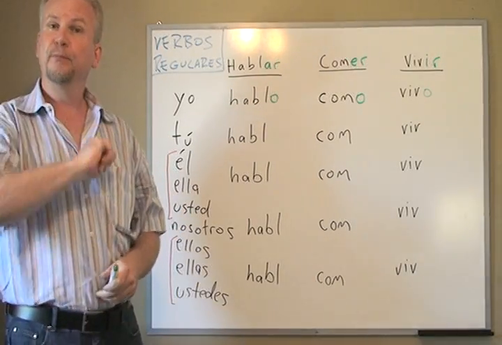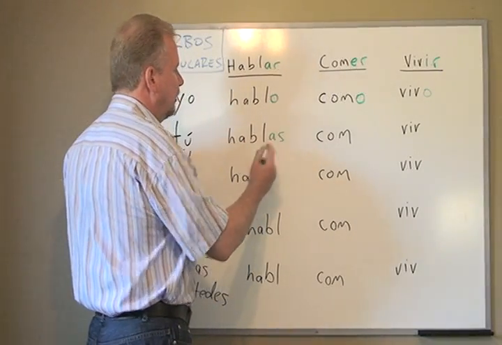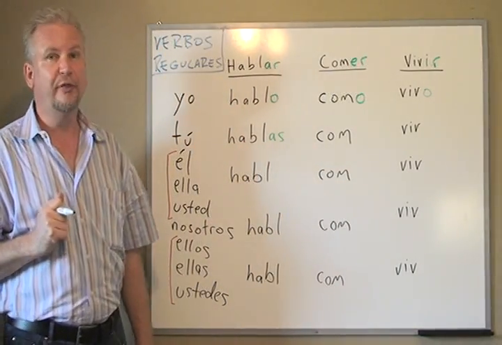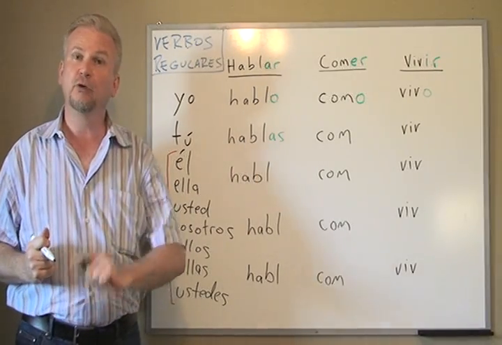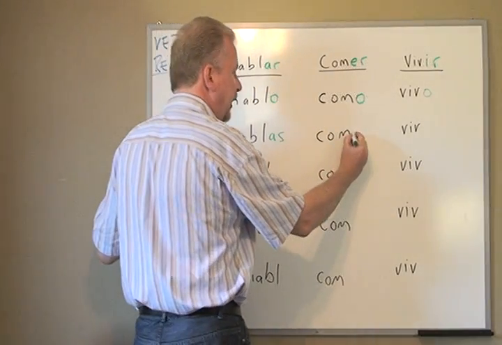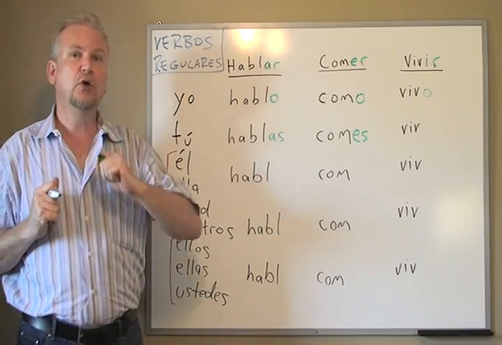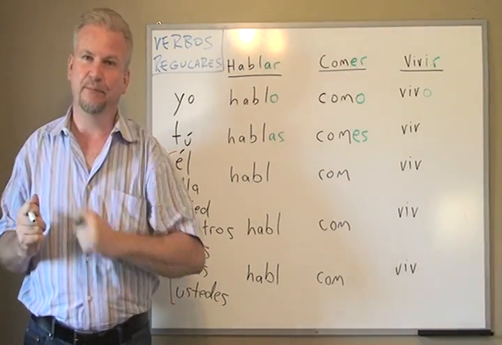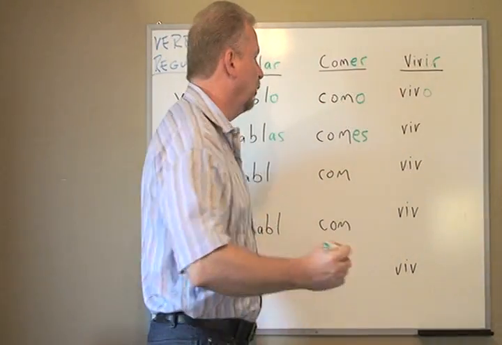Now we'll get to you. Tú. The AR verbs, we end them with AS. Tú hablas. You speak. The ER verbs we end with ES. Right? Tú comes. You eat. The IR verbs end with,